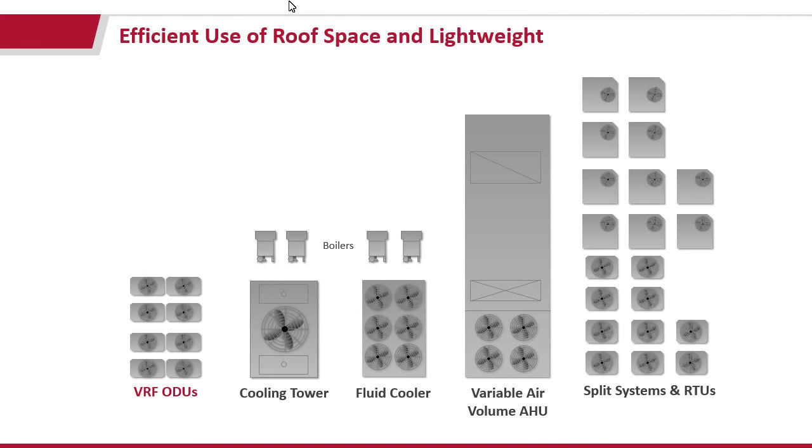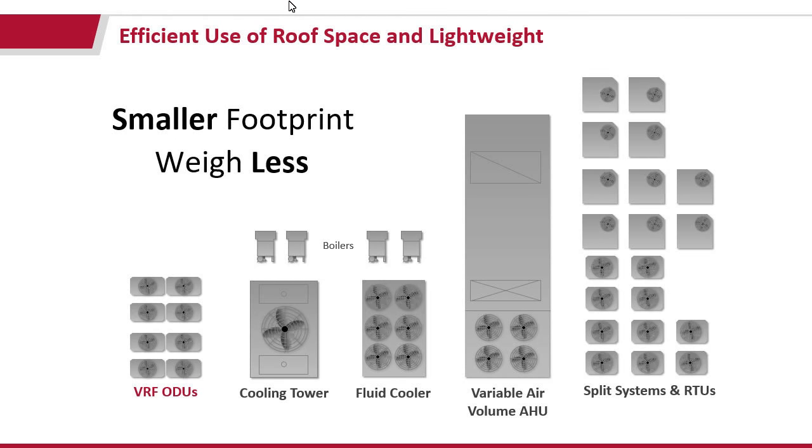So another thing is the size. I think we briefly touched on this. The size of the refrigerant piping is obviously smaller, but also the physical size of the cabinet. It's a smaller footprint and weighs less. So imagine that being on your roof as opposed to one of these other systems over here. You're going to have potentially less structural requirements. You're not going to have to reinforce things as much, and you're just not going to take up as much